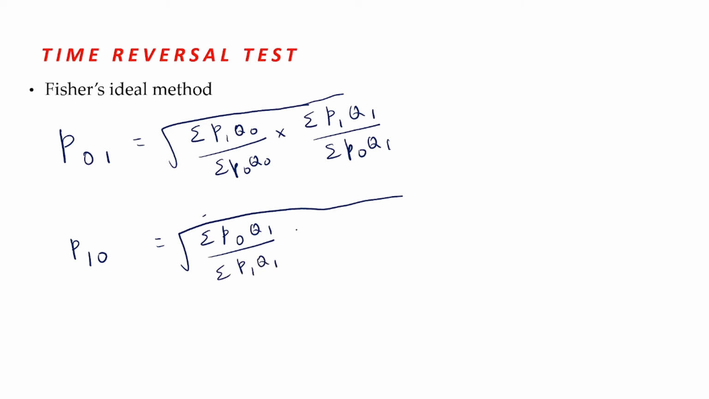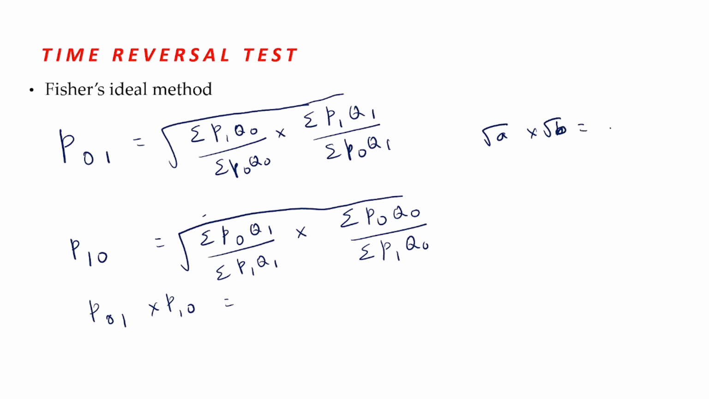This is using Laspeyres method, summation P0 Q0 upon summation P1 Q0. This is using Paasche's method. Now if we want to find P01 into P10, then it is equal to the product of these two. Now we know that root A into root B is equal to root of AB. So root of this expression into root of this expression, we can write it as under root of the product